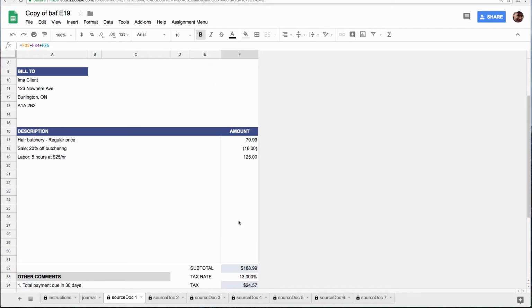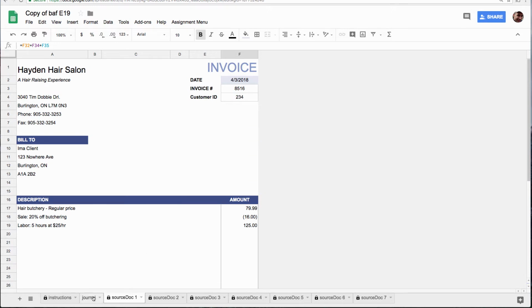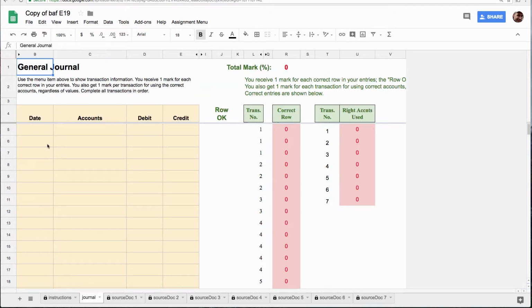So this must be some kind of accounts receivable. Because if it was cash, it would say paid in cash, or there'd be a cash receipt for the cash sale. So we go back to our journal and notice that if you're asked to do journal descriptions, which you never have to do for me, you would put something like an invoice number as well, what it was for, the source of this transaction. All we need really up here is the date. So that's April 3rd. So we're going to go April 3rd, and it automatically comes in the right year, and we're going to debit accounts receivable,